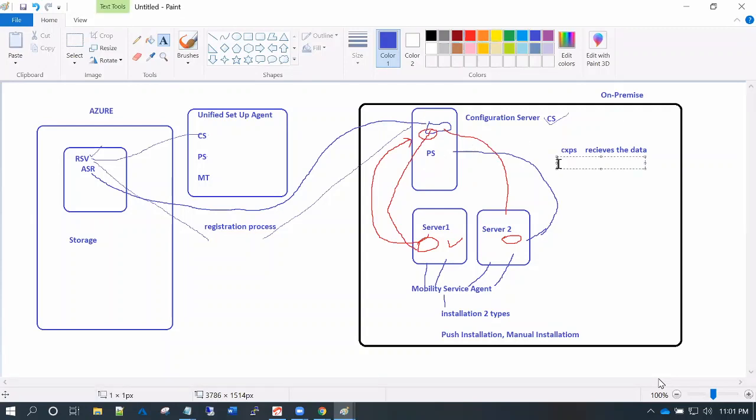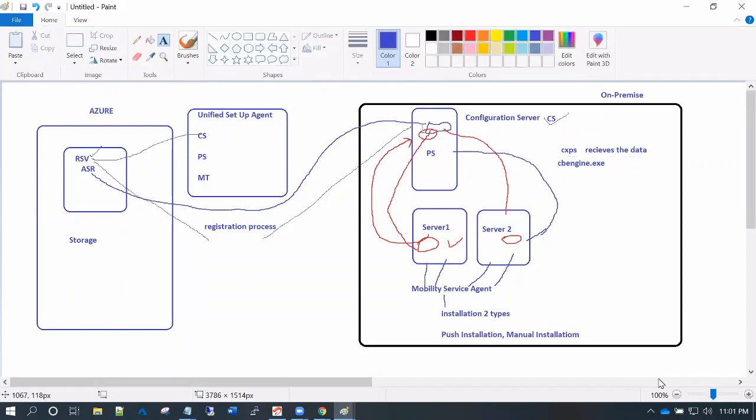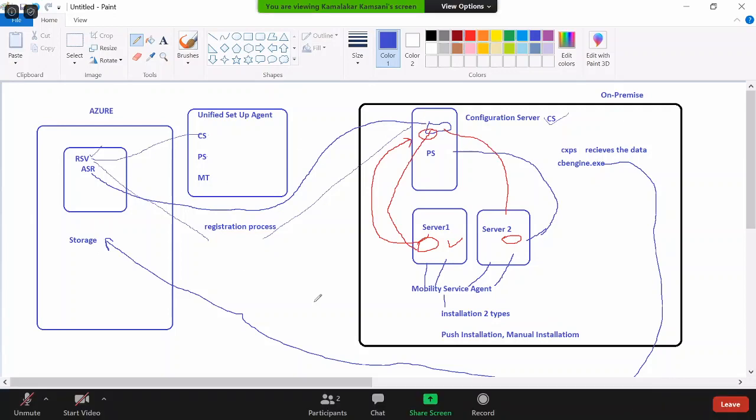Then later it uses a service called cbengine.exe in the process server, and it is going to upload the data to the Azure storage account. Okay, this is the process. So with these components, you are going to upload the data to the storage account. Clear, Girish? Any questions so far?